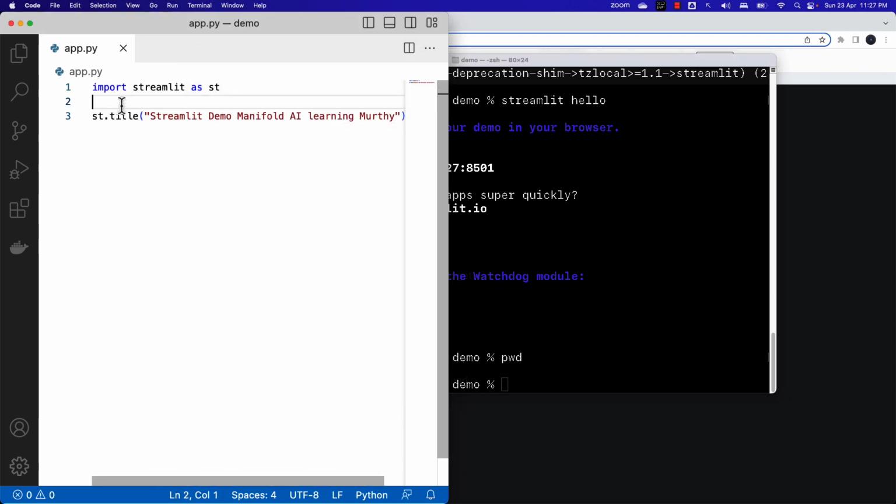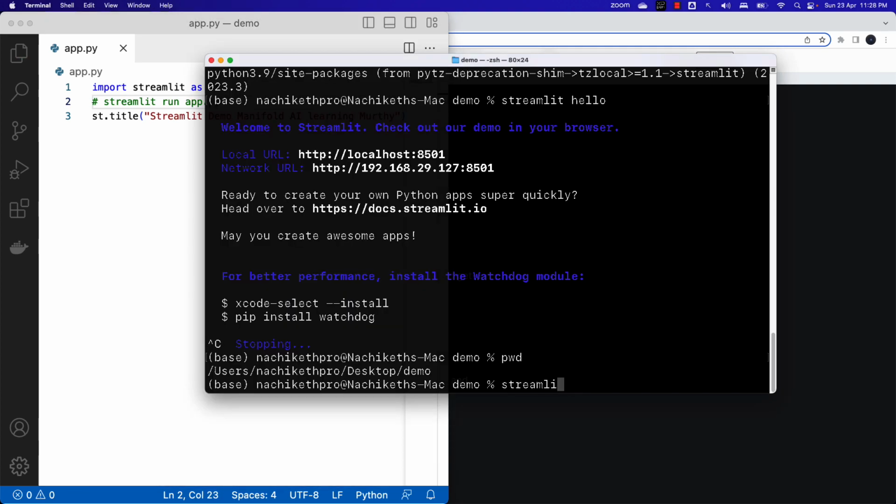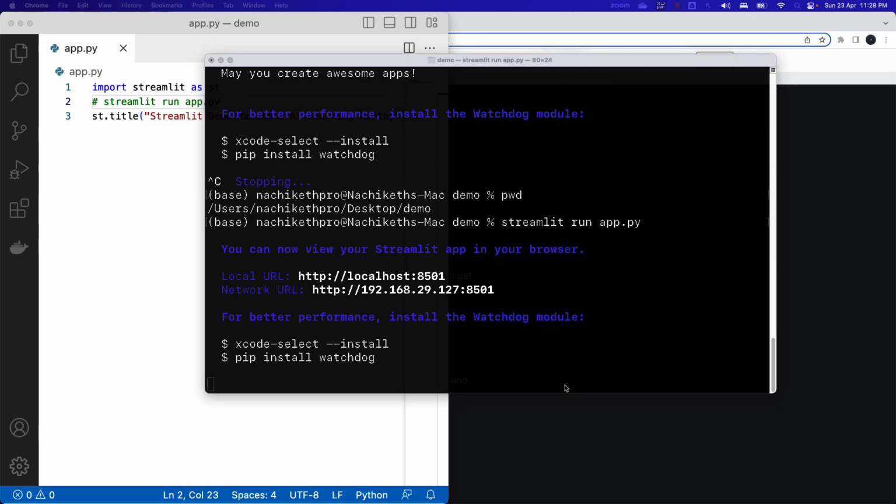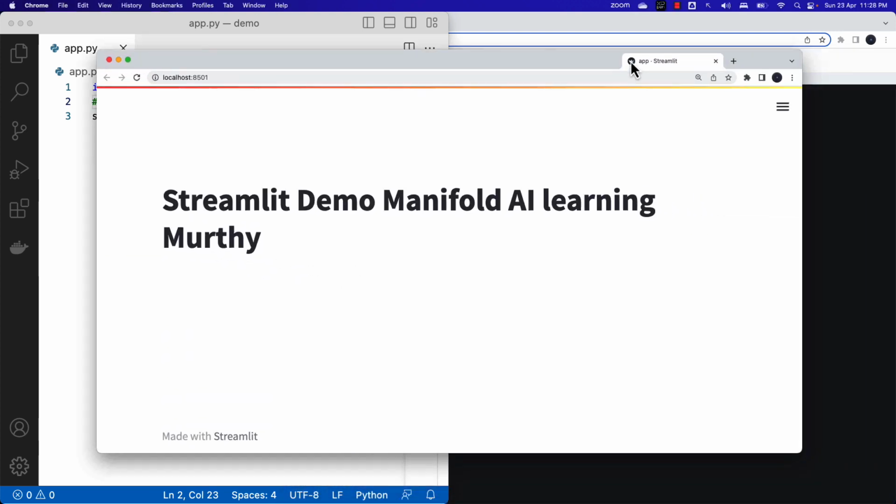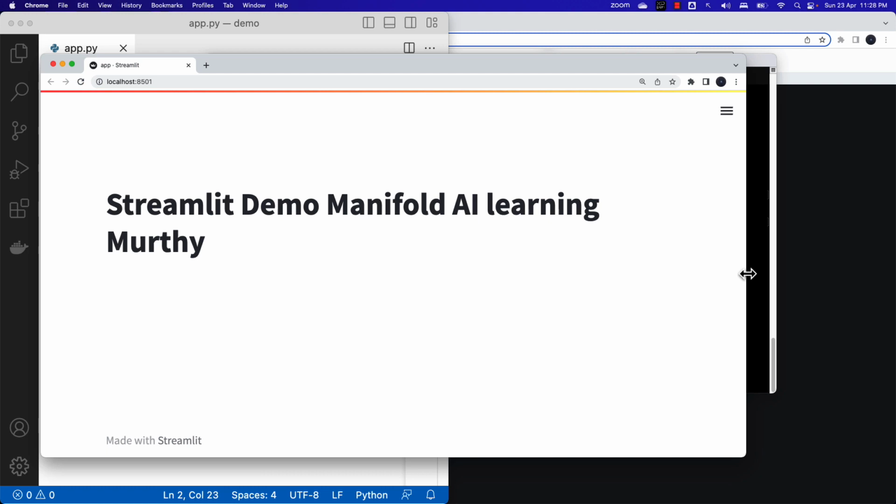If I want to launch it, the command that I have to run is streamlit run app.py. Okay, so streamlit run app.py. If I press the enter key, this is going to launch my application. It has opened up in my browser window. I'll bring this to the screen. See, this has launched my